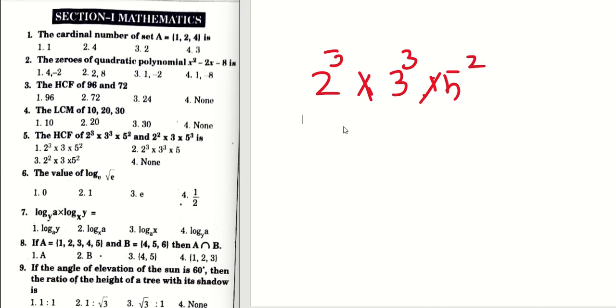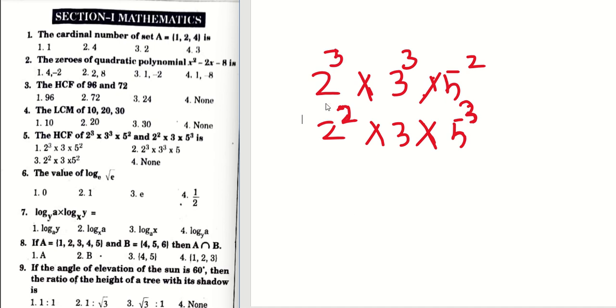Then what is the second number they have given? 2 squared, right, and into 3 into 5. As we discussed earlier in the conceptual video, if it is a LCM,